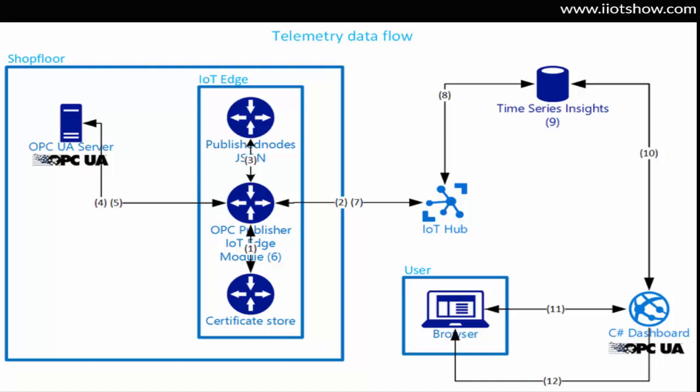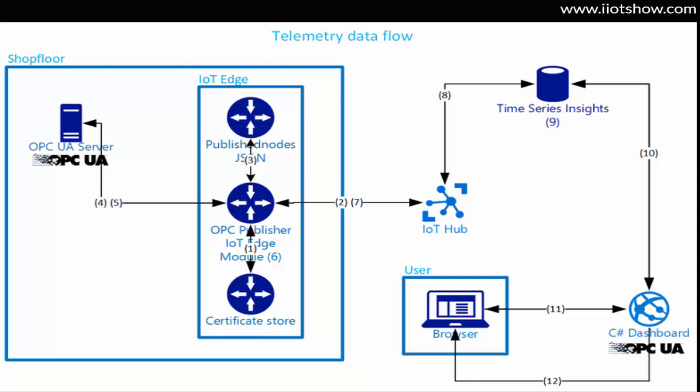When the registration is done, the publisher reads the config file and then creates an OPC session with each configured OPC UA server using a TCP connection, right? The publisher and the server authenticate each other using the X.509 certificates, right? And the publisher creates an OPC subscription and nodes to publish in that subscription. And then, of course, if the node value changes, the OPC UA server sends updates to the publisher. The publisher translates the new value, creates an IoT Hub message, and it sends it to the IoT Hub using